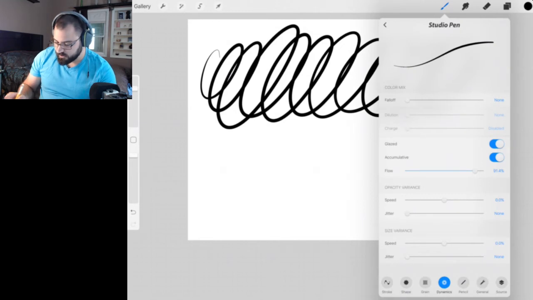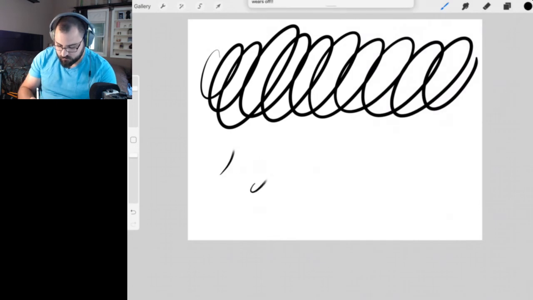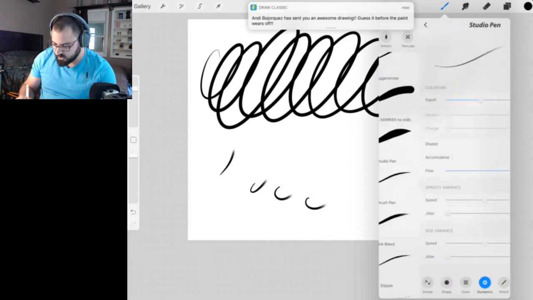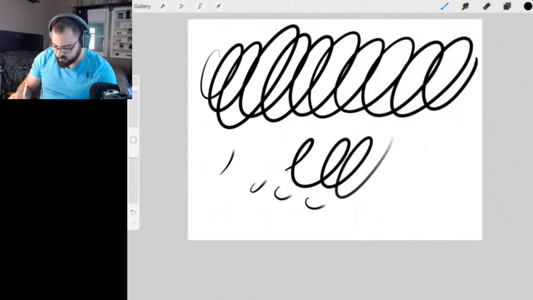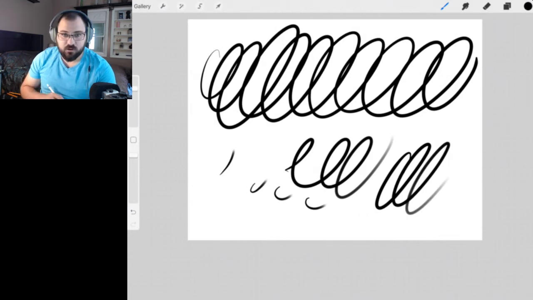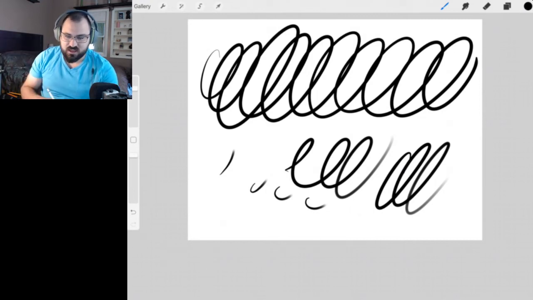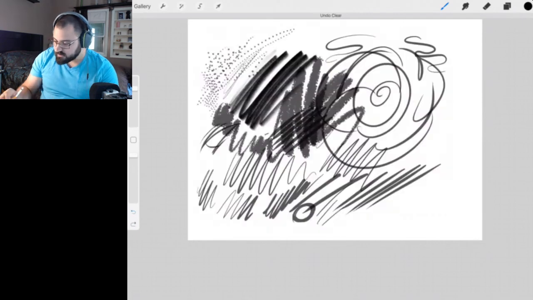But if I turn on my fall off here, you're going to see that if I start drawing now, it immediately stops. So maybe I put too much fall off in, so maybe I can drop it back. And you can see as I draw here now, at a certain point in time, I run out of ink. That's because it's trying to give you the idea that as you're painting with a real brush, oh, I ran out of ink, it's time to dip again. And so it's trying to give you that effect. Okay, let's go